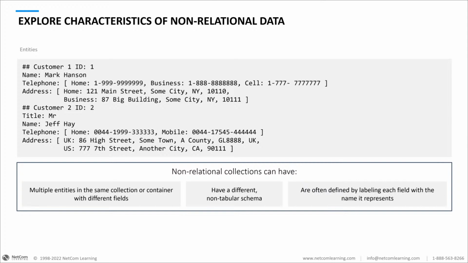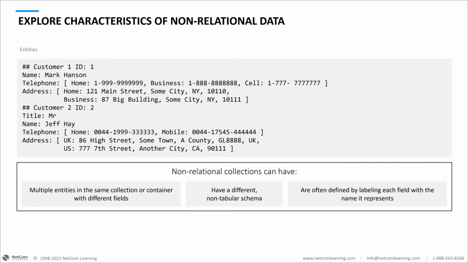Okay, so the next thing we're going to take a look at is the idea of a non-relational database. So to this point, we've talked about relational systems and the way that relational data is stored in a table and how it uses relationships and normalization to store the data in the system.